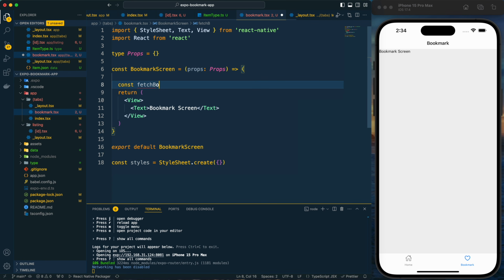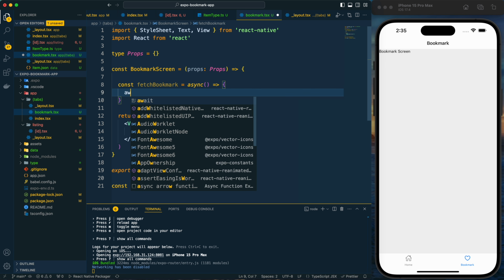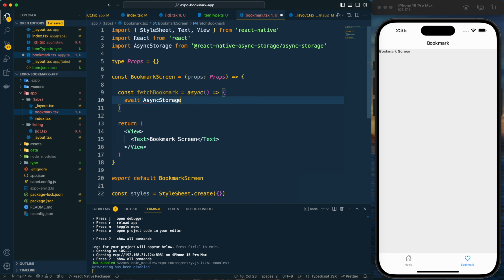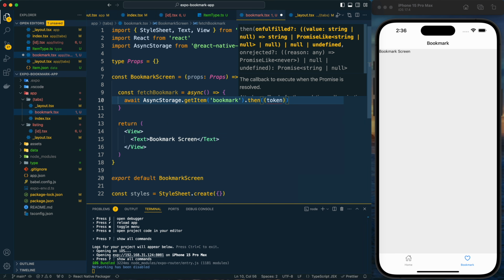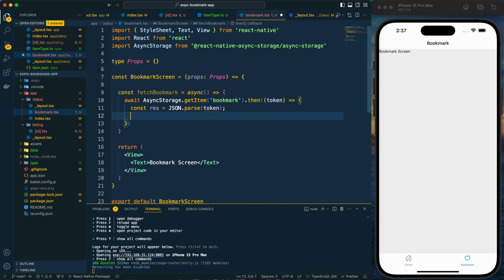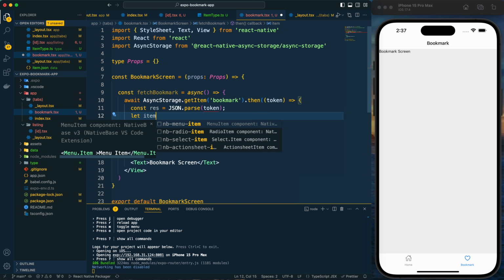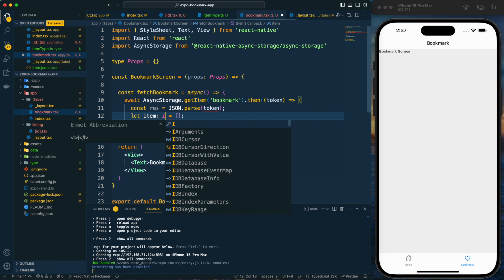So it will be fetchBookmark, and it will be an async function. So we need to await for the async storage. Here we need to just get the item, so it will be the bookmark. Then here we can get the data as token, and let's create that result constant, and then let's create a variable called items, and it will be an empty array, and the type of it will be item type.